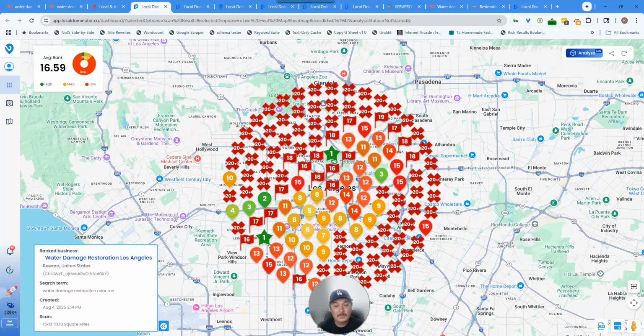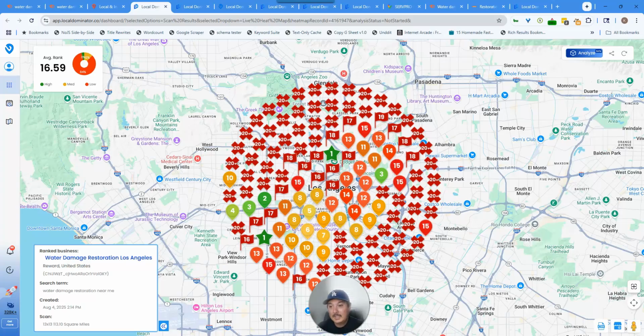This is exactly the information that you need to come prepared with when trying to say, hey, I'm paying you X amount of dollars per month. I'm not getting an ROI off of my SEO budget. I'm going to go talk to Kyle at Green Hat Local SEO. And this is the exact way that you do it. So make sure that you are informed. Make sure you know how to read these Local Dominator GeoGrids, and make sure you know what questions to ask and what to look for when you are getting these reports,